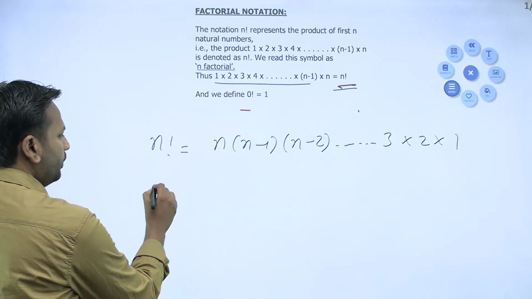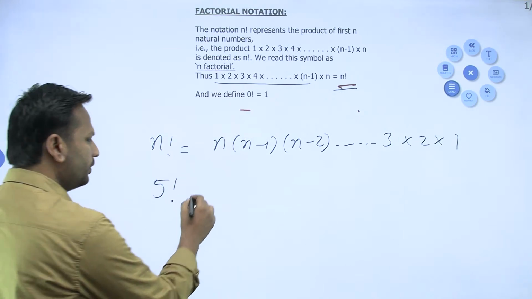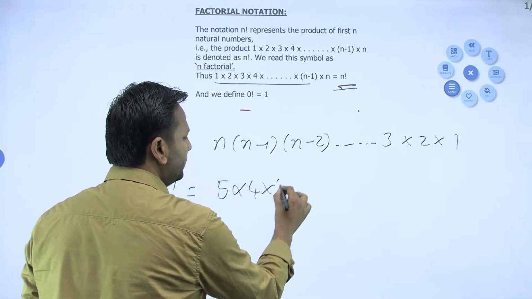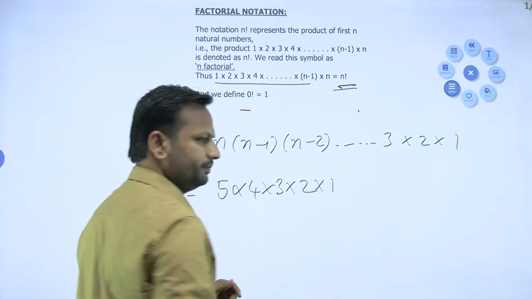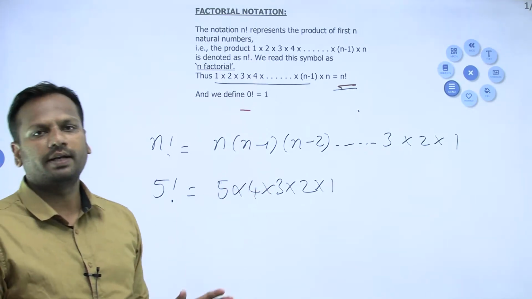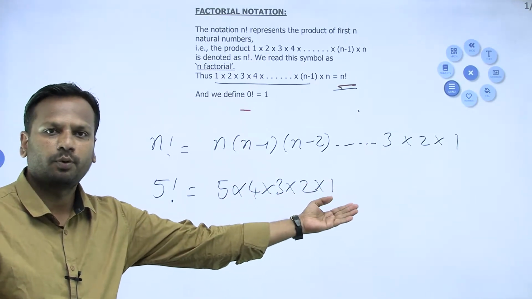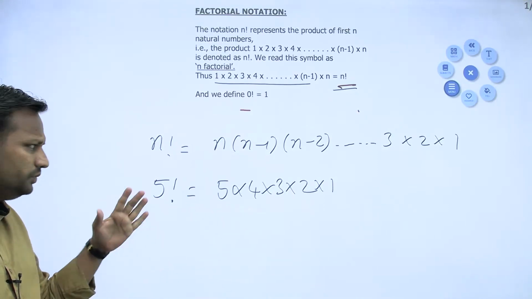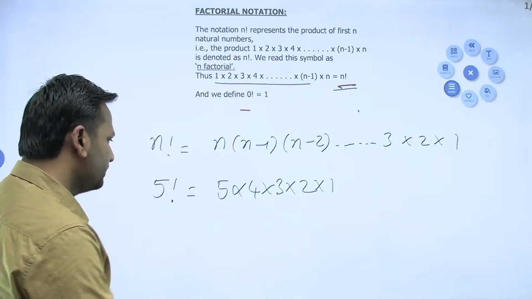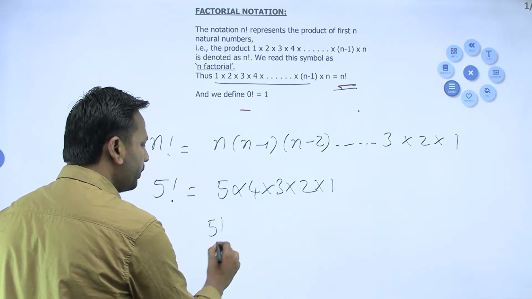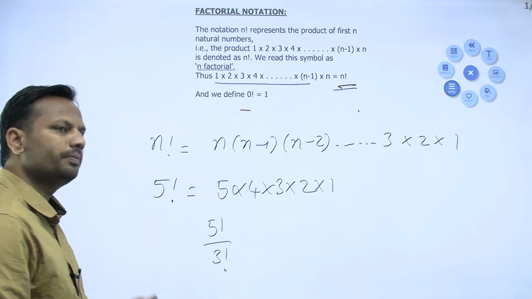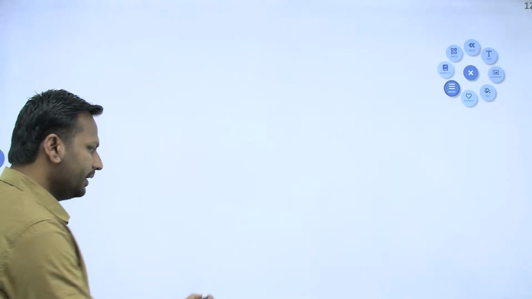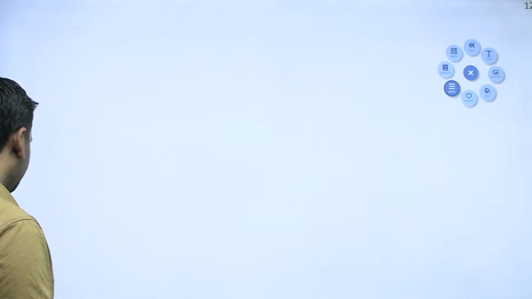Now you see, how do I express 5 factorial, students? According to this, 5 into 4 into 3 into 2 into 1. Got it now? I'm writing it in the descending way. Of course, it is the product of the first 5 natural numbers. It is nothing but 5 factorial. Why do we write it like this? Because there are some examples they'll be providing like this: 5 factorial divided by 3 factorial, right? Looking to the denominator, students,